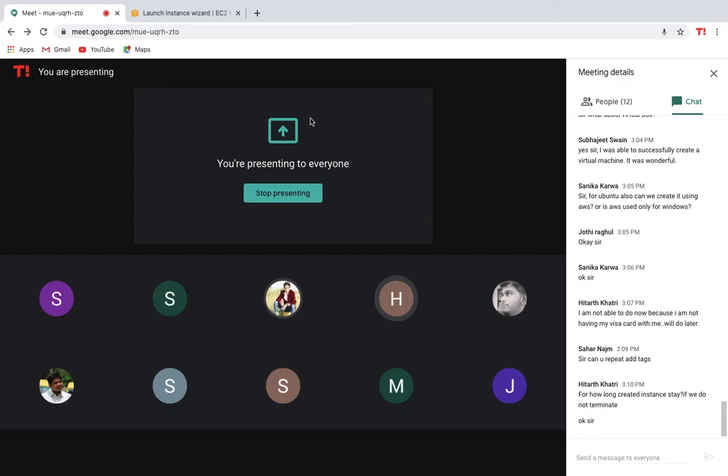That's why I say terminate, because as long as you leave it running, in some situations it will exceed the free trial. It will exceed the time limit for the free trial and then you will be charged. So it is always better to terminate it after your usage. Make a habit of doing so.